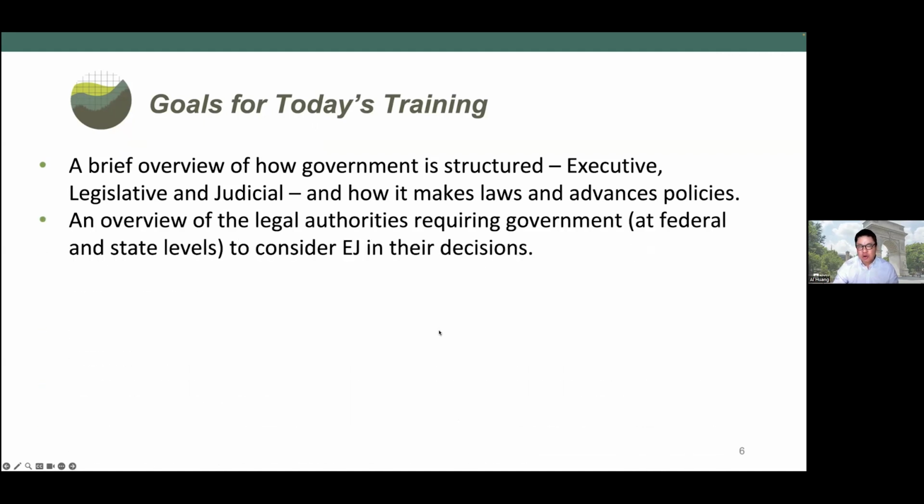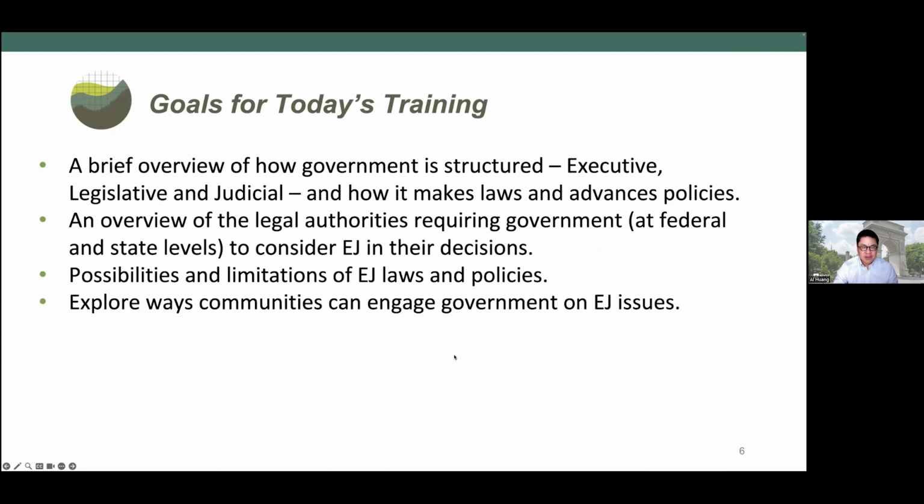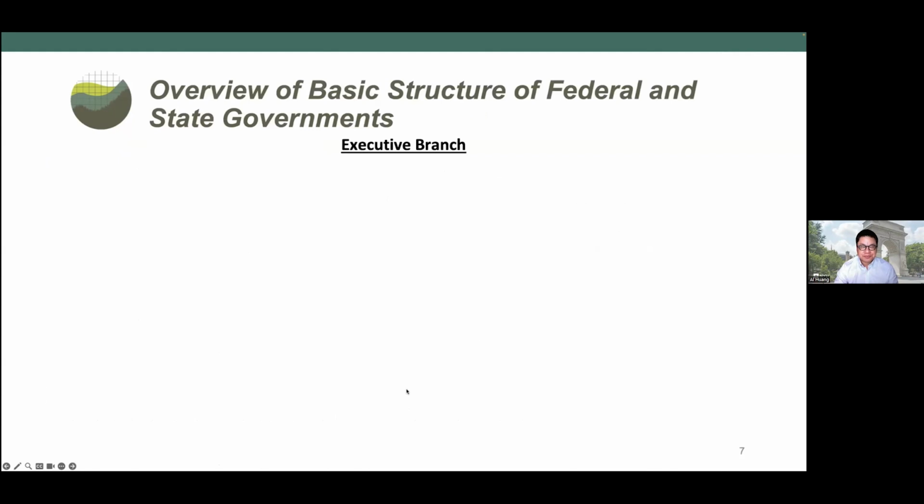Second, it's to do an overview of legal authorities that require government at the federal and state levels to consider EJ in their decisions. Third, to discuss possibilities and limitations of EJ laws and policies, and to explore ways that communities can engage government on EJ issues. So we're going to start with the executive branch, and it's important to understand what the executive branch is